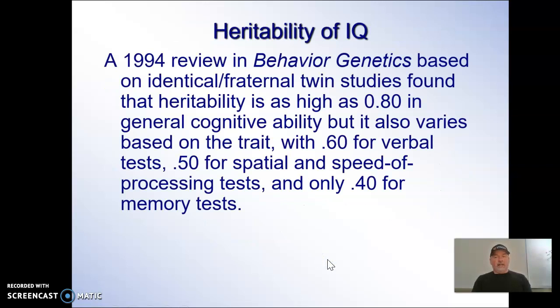So this is a while ago, but a review in behavior genetics, and basically what they did is they looked at a whole bunch of studies. Go ahead and pause it too if you want to read this. But what they found was that when they looked at heritability, they found numbers as high as 0.8, and the lowest they saw was 0.4. That is very heritable. What they find is that your intelligence is very heritable from your parents.